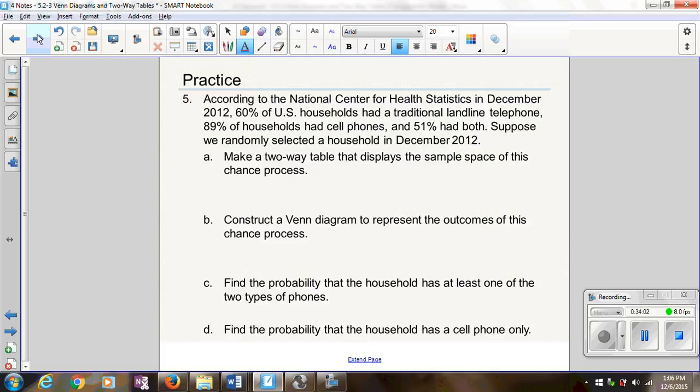Okay, so there are several other examples that follow, and what I'd like you guys to do is to work together on these practice problems. In number 5, you're making another two-way table, constructing a Venn diagram just like we did with the newspaper problem, and then you're going to be finding some conditional probabilities along with other probabilities as well. So please use your rules, use the Venn diagram, use the two-way table to answer each question, and what I'd like you to do is